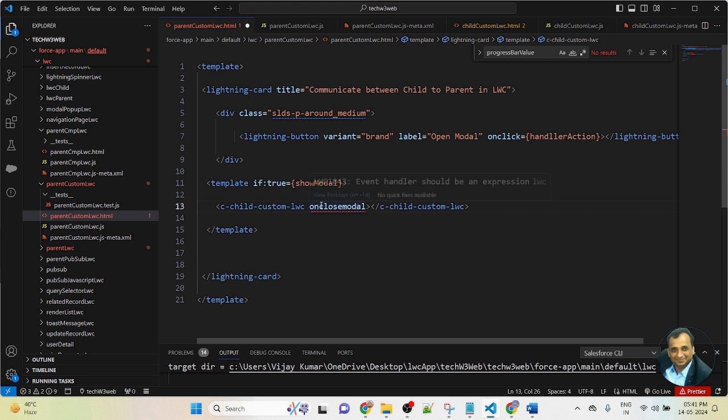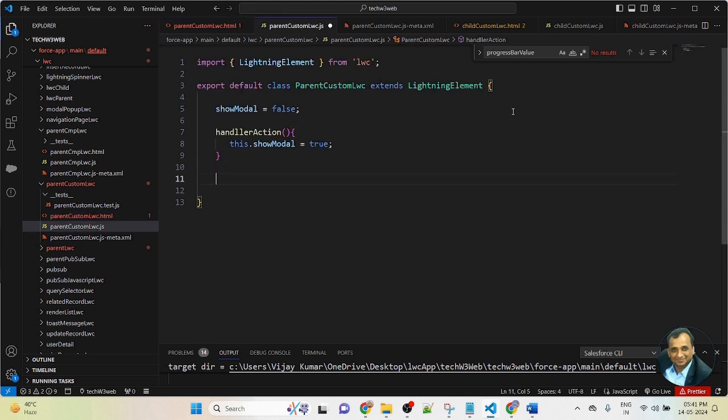First apply on to the name of the custom event, then brackets, and inside the brackets pass a function name. This is my parent component. So in the parent component JavaScript, here I will create a function, and in this function I will pass the value: this modal pop-up false.